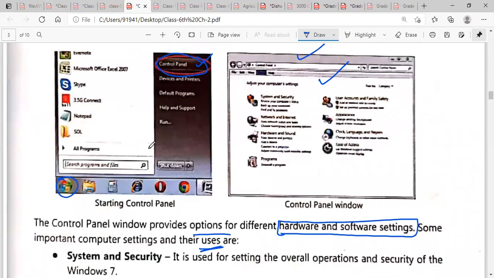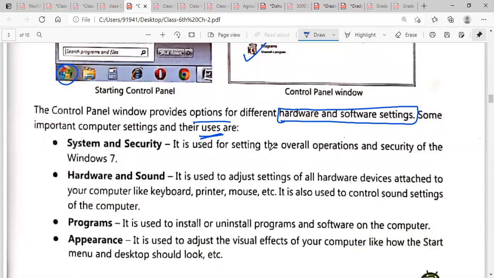Suppose you want to do a setting regarding a system, you can set your network here, and you can do settings regarding your hardware and sound, regarding your program, and you can use a user account to change your password, and you can also change a clock or language.